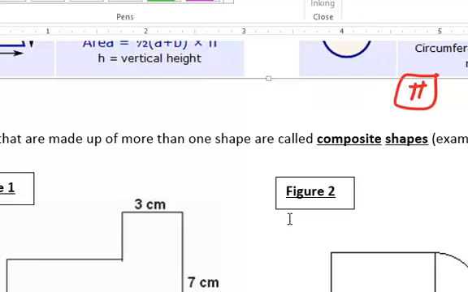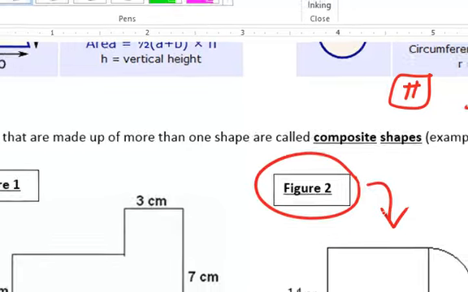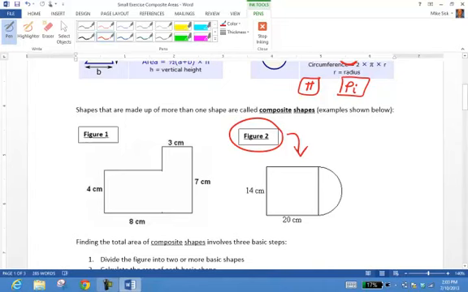Now let's look at the second figure, figure 2, which will be this one right here. Now that one is already divided up for you. That's the beauty of it. The trick is going to be, oh my gosh, how am I going to do that little half circle right there? We've got an easy situation right here in that this one is going to be a rectangle, which is